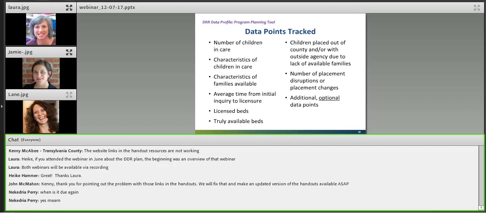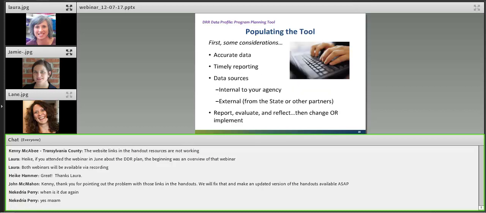So these data points will help, again, give you a little bit more of a comprehensive understanding of what the needs of your agency might be. They're not meant to be the be-all, end-all, and so if you look at that last bullet point, we really do want to encourage folks to think about optional data points that will help you and your particular agency come up with some diligent recruitment and retention strategies that are really suitable to the specific population of need that you're dealing with. But I'm going to talk today about the required data points and populating the tool with respect to